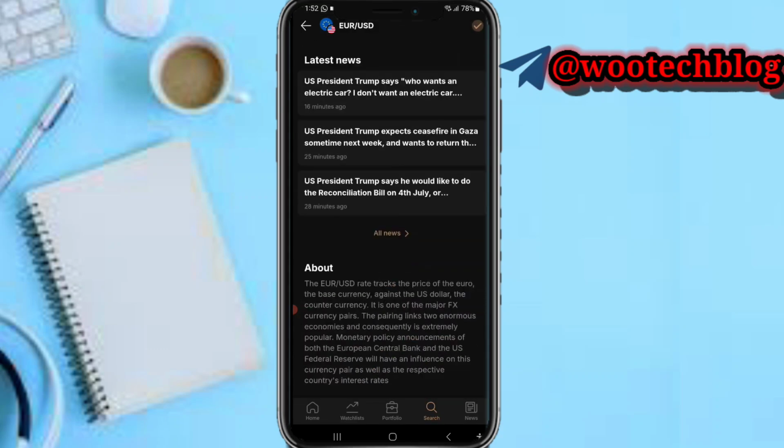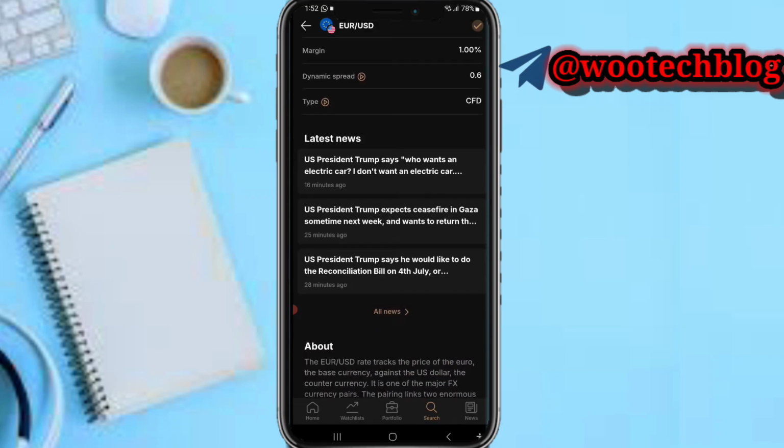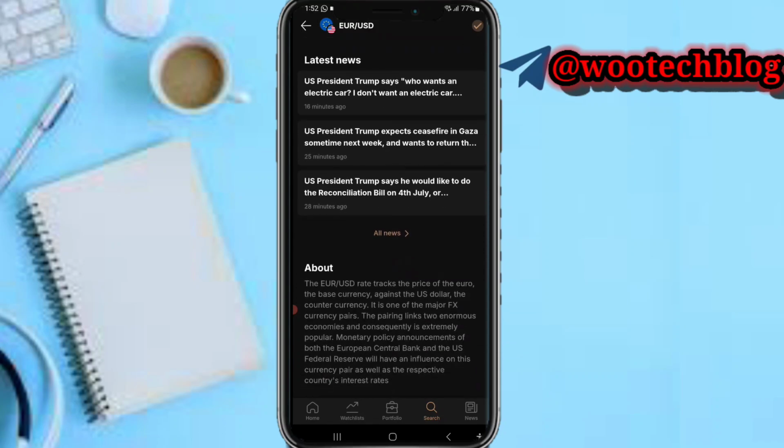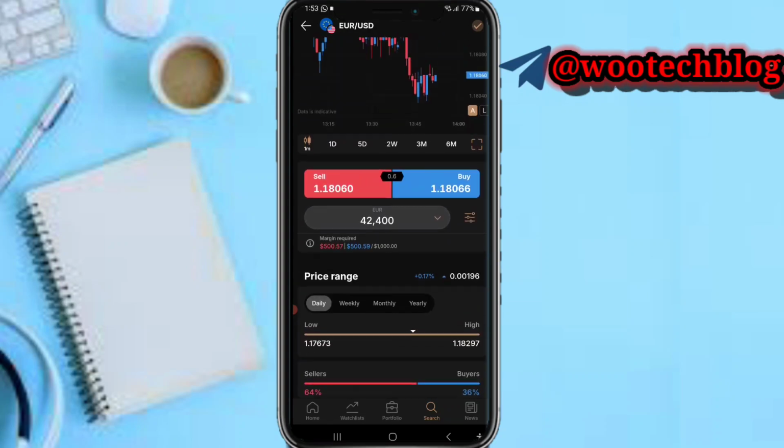So now on this latest news, you're able to see the latest financial news. You're able to read about this asset or instrument. So now after you have talked on all this,